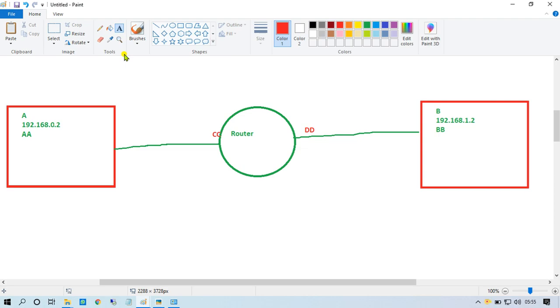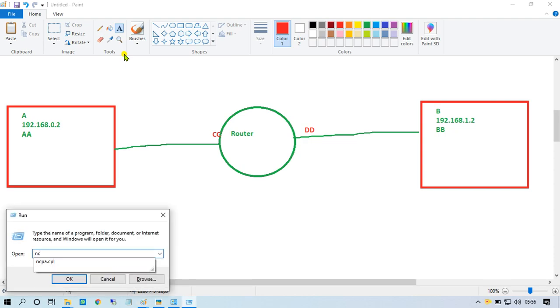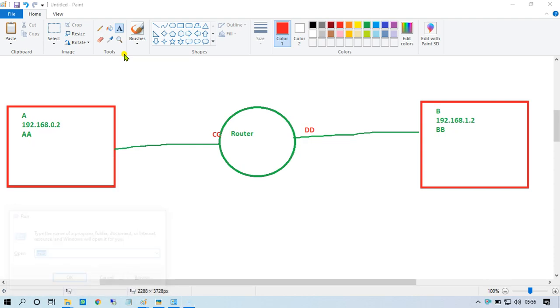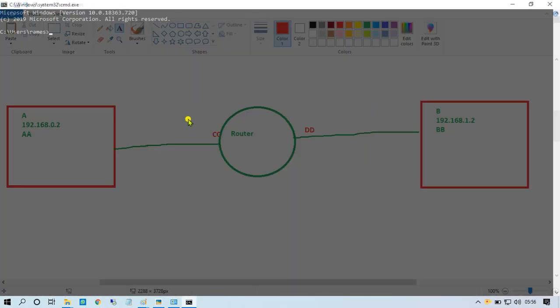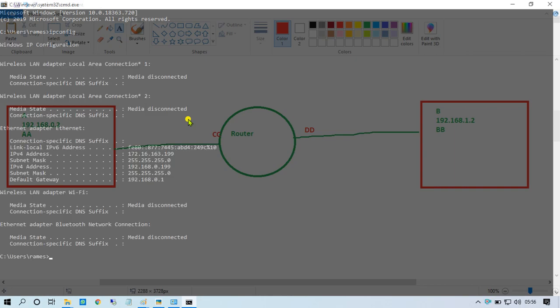Let me show you. Windows + R and type CMD. Okay, in the CMD, now type ipconfig. What information are we getting here?